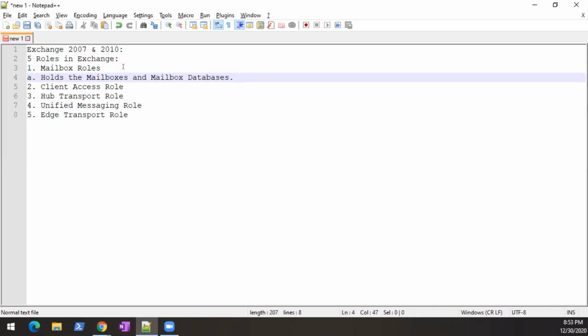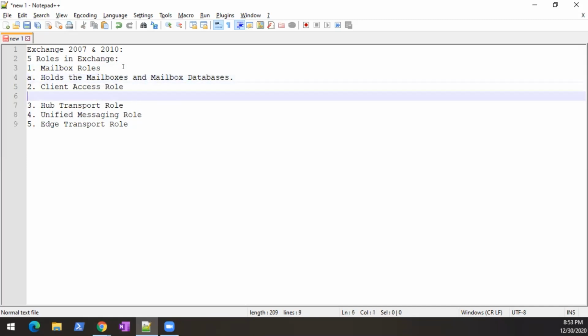That was the real job of the mailbox role in the older version. Now what was the purpose of the client access role? By the name itself, it was the connectivity with the client.